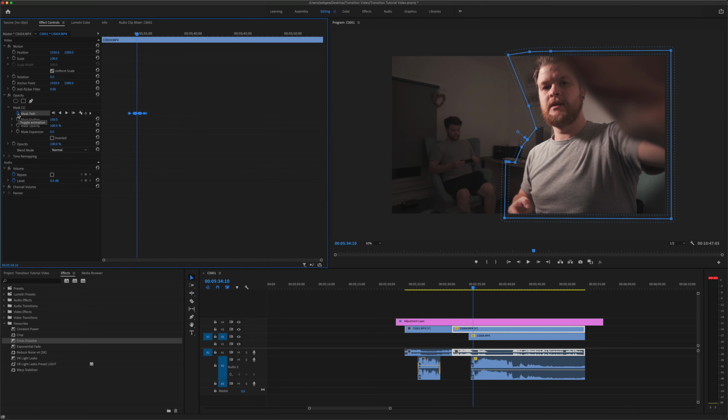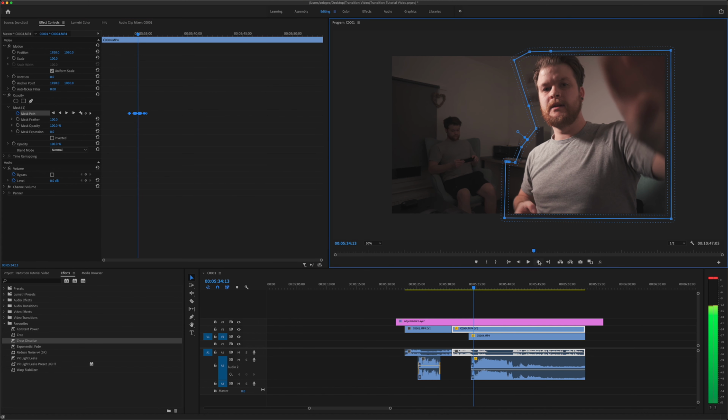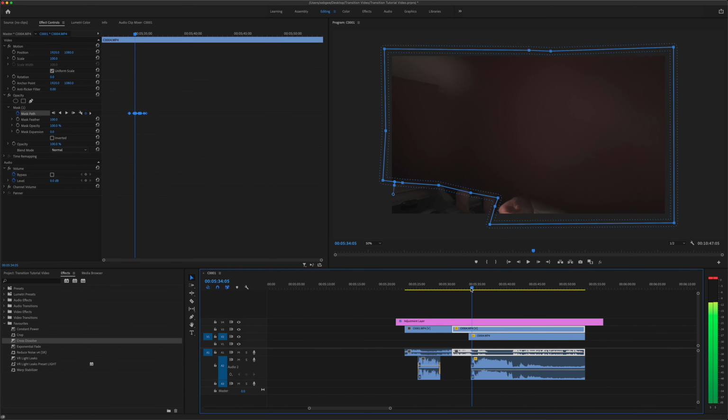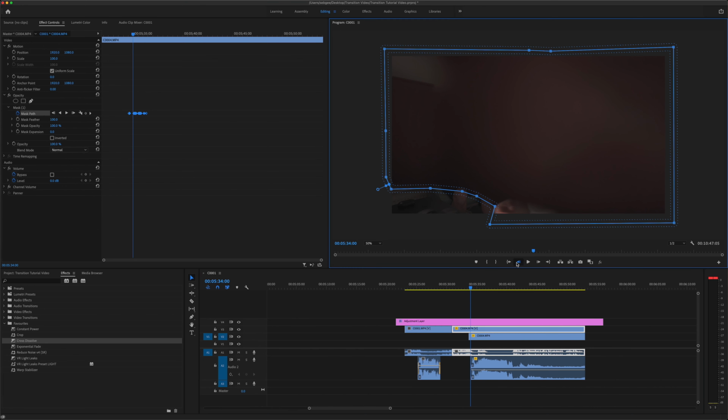If you turn the keyframes on, every time you move along and make a change to the mask, it will remember it. And there was even something else very subtle that I had to do. If you look carefully at the top of the screen here, in between these 3 or 4 frames,